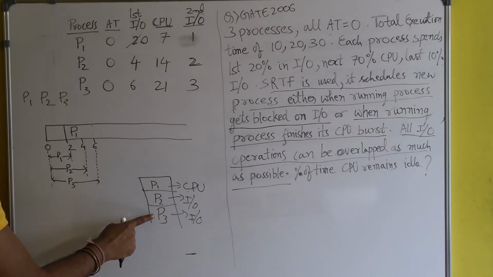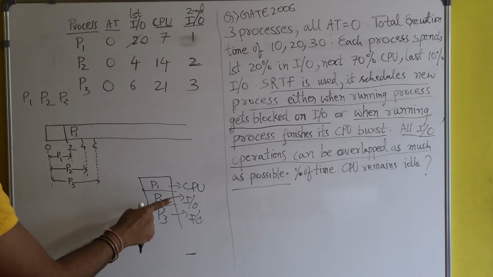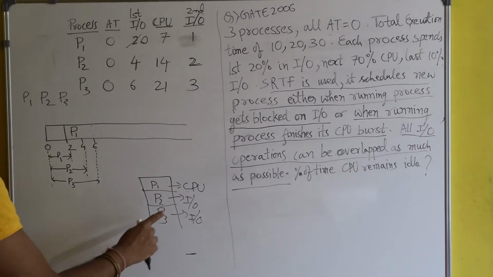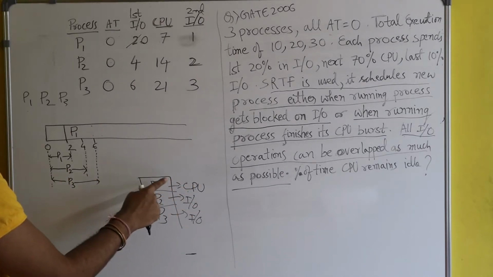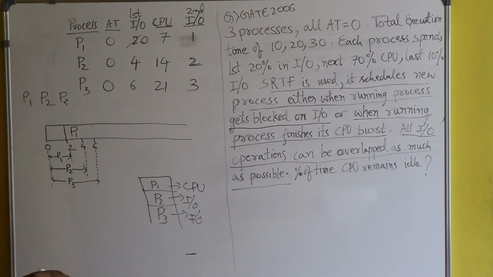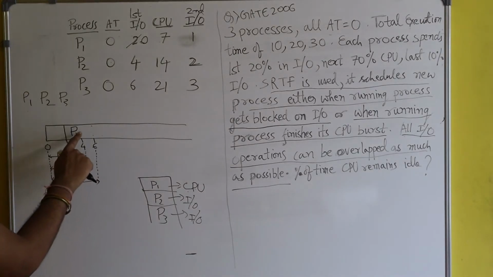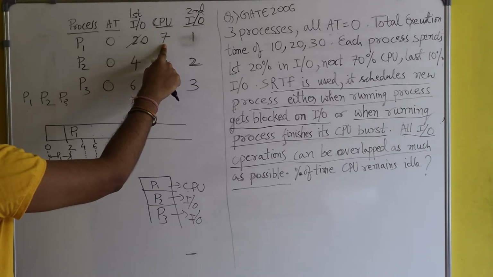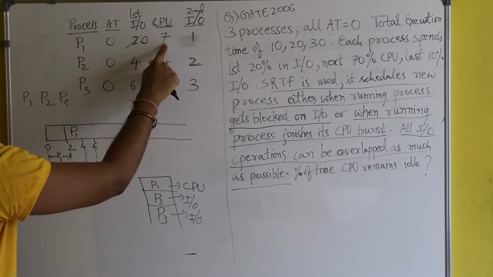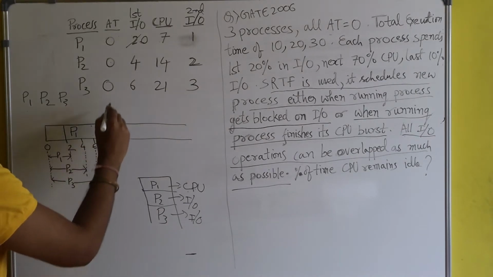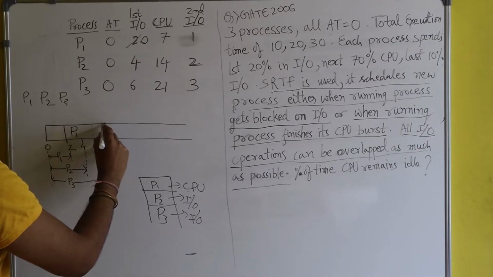Process P2 and P3 are both busy with their IO, but at the same time CPU can be given to process P1. It means the CPU execution of process P1 and the IO execution of processes P2 and P3 are being done parallelly. That's why I have written P1 here. Now P1 will run for 7 seconds, since the CPU burst of P1 is 7 seconds. From 2 plus 7, that is 2 to 9 seconds.